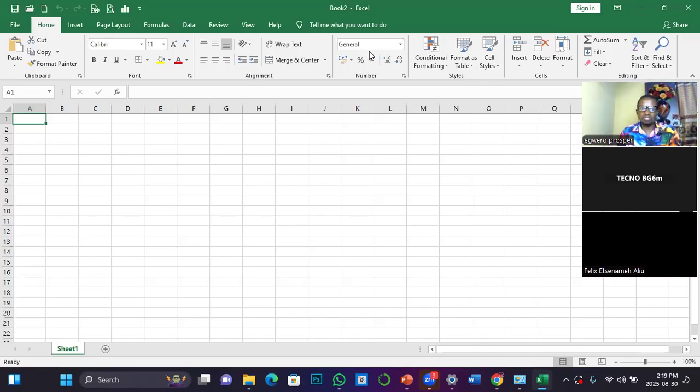Now, the next topic I want to explain is getting ourselves familiar with the Excel interface. The principle of learning computer applications is that if you are being introduced to the app for the very first time, your primary target should not be to start learning the functions.